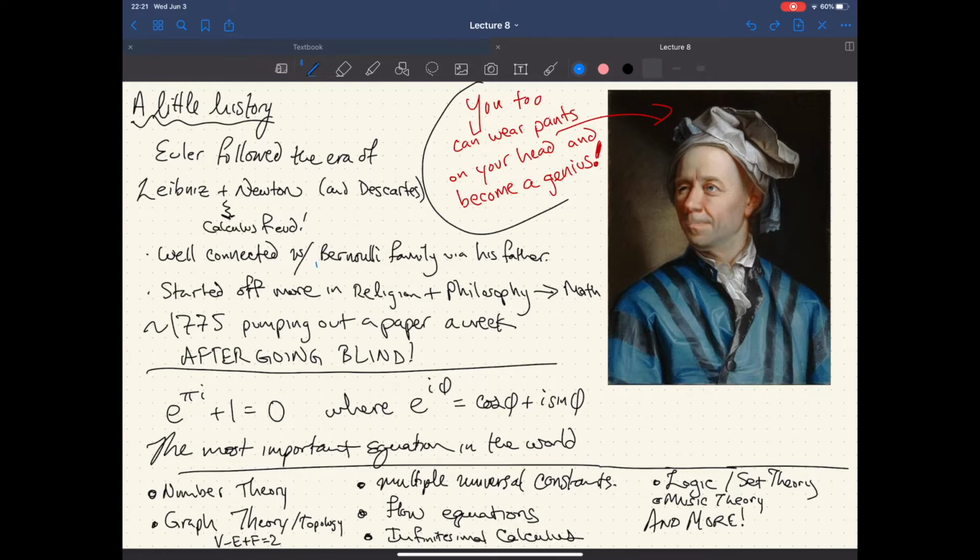But he was well connected with the Bernoulli family. So any of you that have taken probability theory have heard that name a million times over. Bernoulli trials probably. So a lot of probability stuff there. There's also some other functions that they developed in that family. But he's following on the coattails of Leibniz and Newton, okay? And there's sort of a feud between these two. And I'd be remiss if I didn't mention it to you guys at some point. But Leibniz also invented calculus, by the way. He just did it in a different fashion. So he actually used more of an infinitesimal system than a limit argument.